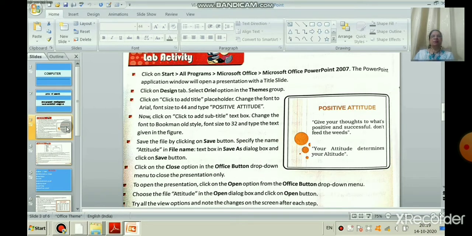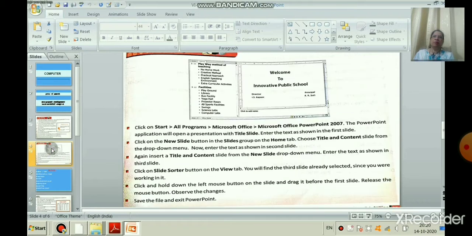In the last session, we learned selecting a blank presentation, adding text, saving a presentation, how to open an existing presentation, built-in templates, built-in themes, and how to view the presentation with the help of a lab activity.